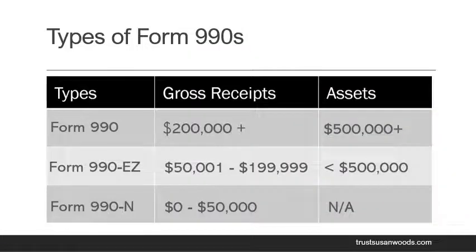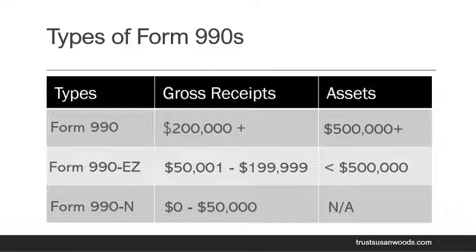So now let's talk about the types of Form 990s. The types of Form 990s are determined by the gross receipts and the assets. For example, if your nonprofit organization generated $200,000 or more, and if it has assets of $500,000 or more, then your nonprofit organization would complete the Form 990. If your nonprofit organization generated between $50,001 to $199,999 and the assets are less than $500,000, then your nonprofit organization qualifies to complete the 990EZ. If your nonprofit organization generated between $0 and $50,000 and the assets are not applicable, then your organization qualifies to